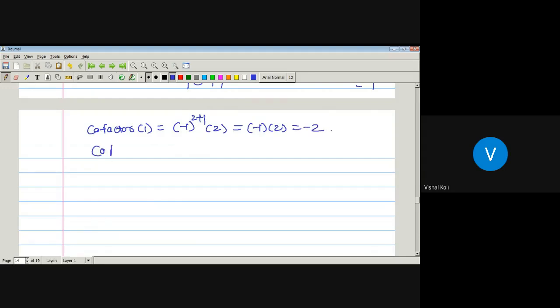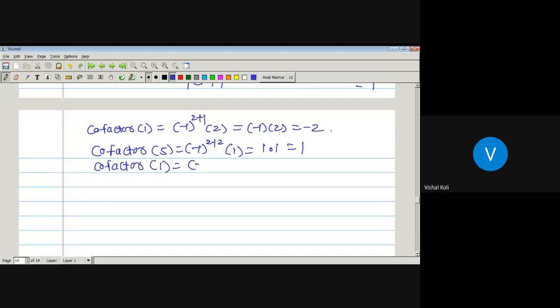Similarly cofactor of an element 5 is equal to, now 5 is present in second row and second column, minus 1 to the power 2 plus 2 into its minor, which is 1. Minus 1 to the power 2 plus 2, 1 into 1, which is equal to 1. Now cofactor of last element 1